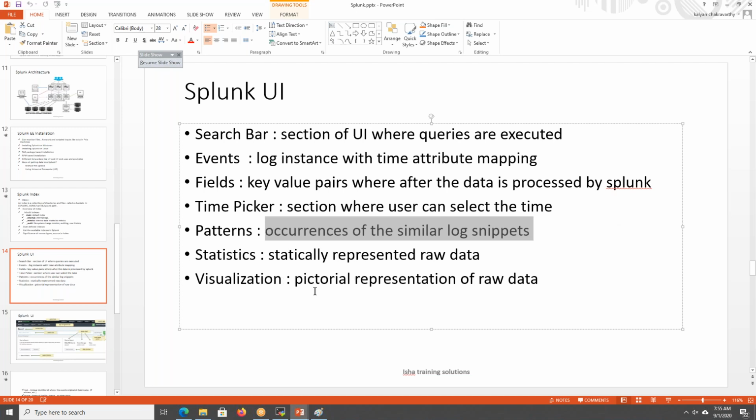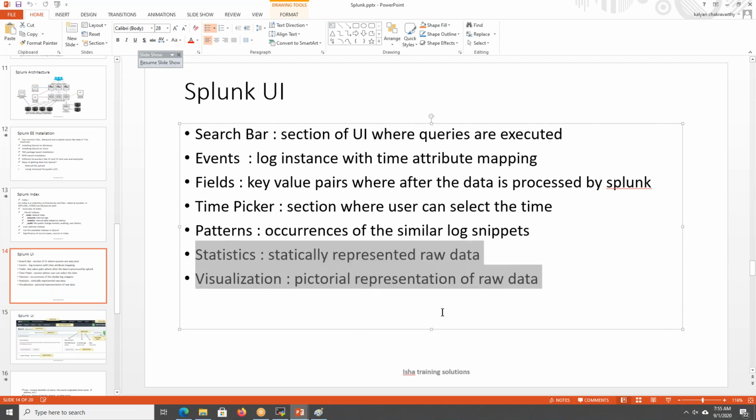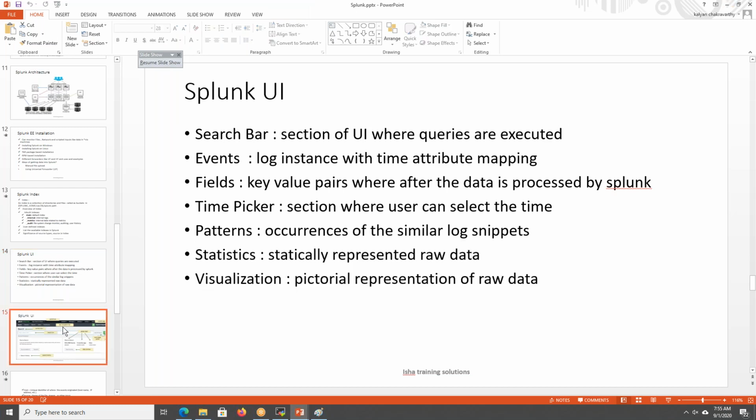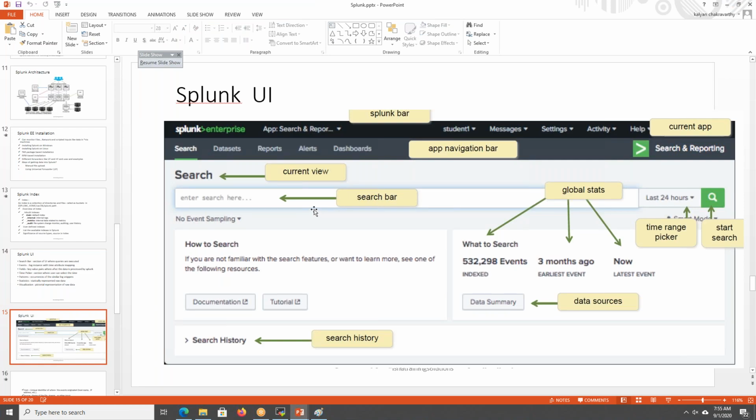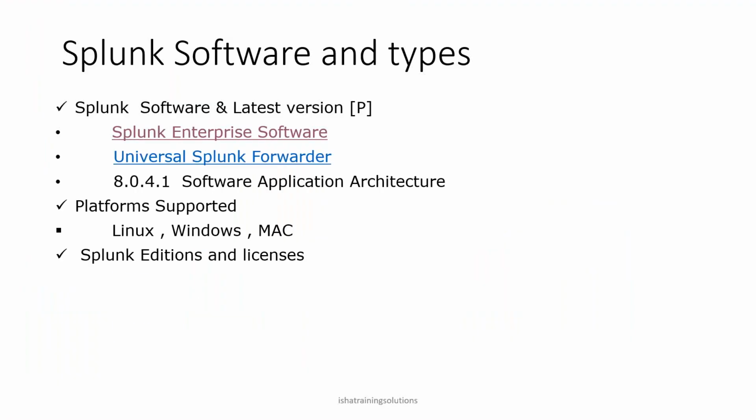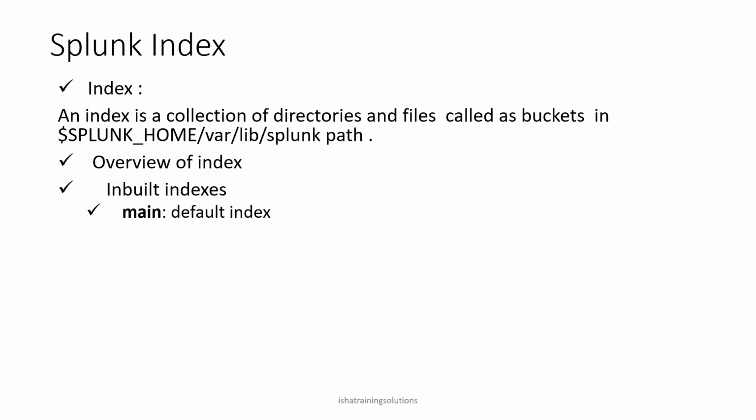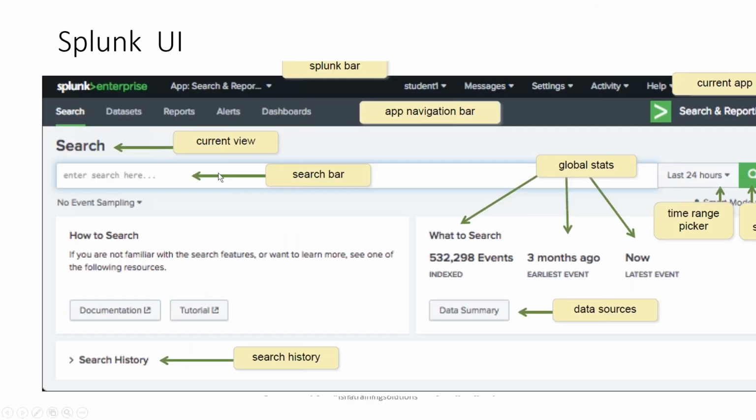Stats and visualization we'll see later when we execute a query. This is called the search bar. You only have to remember the time picker; the rest are just for information purposes.